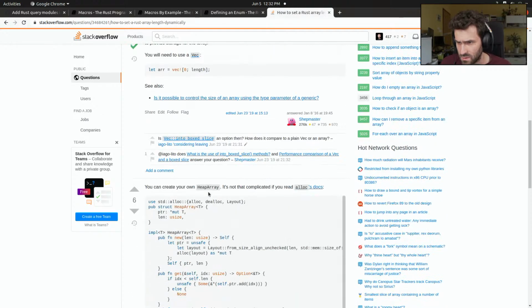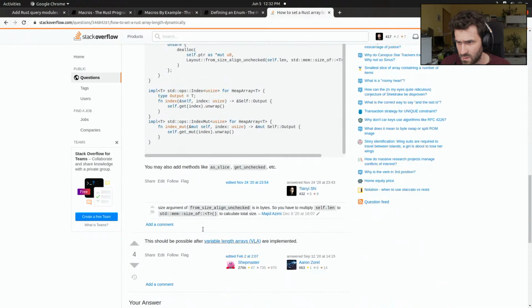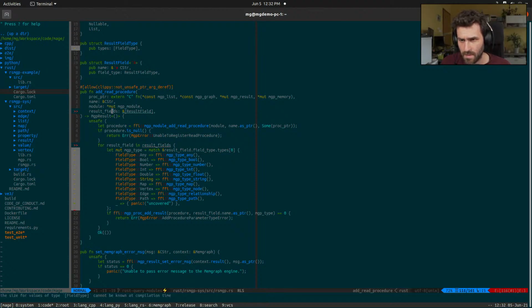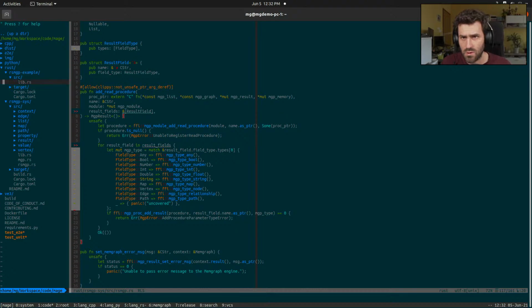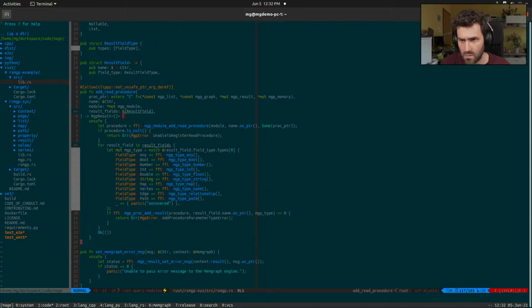Vector is a fixed heap array. But maybe we just cannot know this because we didn't actually, yeah. Maybe if we compile this,